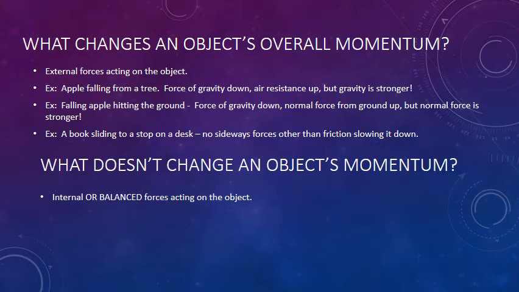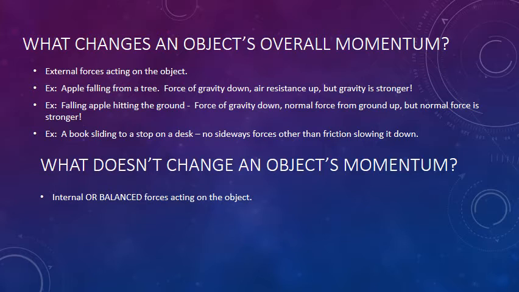If you think about some objects like the apple just sitting on the ground, hopefully you'll realize there are still forces acting on that object. Gravity's still acting on that object. It's still on Earth. And those forces might even be external, right? If we're not including the entire Earth in the apple system, the apple has external forces acting on it. However, if those external forces are balanced by other external forces that are exactly the same size, then the object's momentum won't change. So we would say an object's momentum does not change